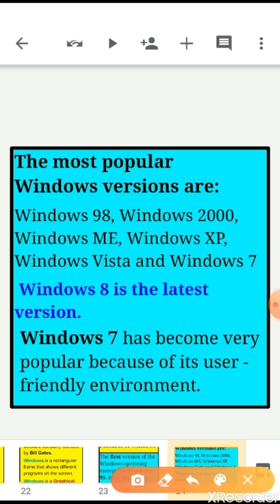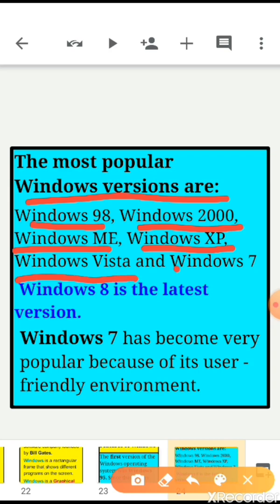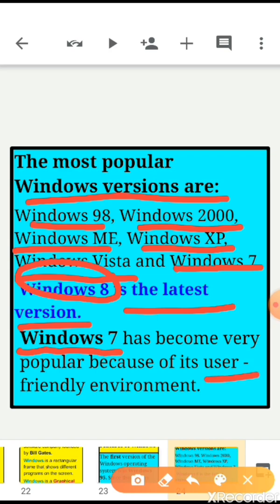Now children, the most popular Windows versions are Windows 98, Windows 2000, Windows Me, Windows XP, Windows Vista and Windows 7. Windows 8 is the latest version. Windows 7 has become very popular because of its user-friendly environment.